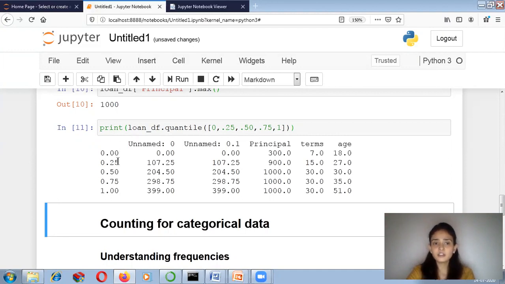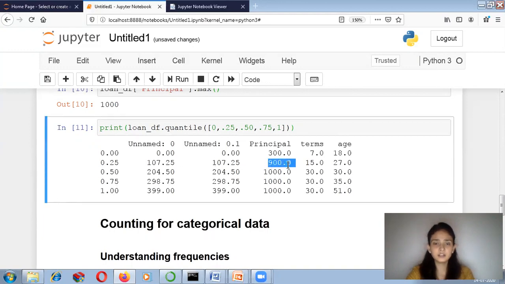For the first quantile, all the values for the principal amount are below 900. What is your IQR? That is the range between 0.25 and 0.75. Then you can see that the maximum values lie between 900 and 1000 in your principal column. There are very few values which are 300.